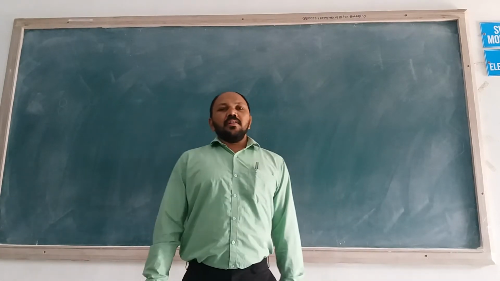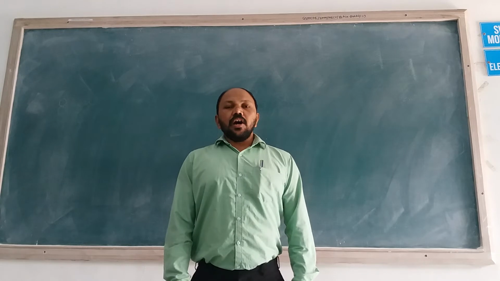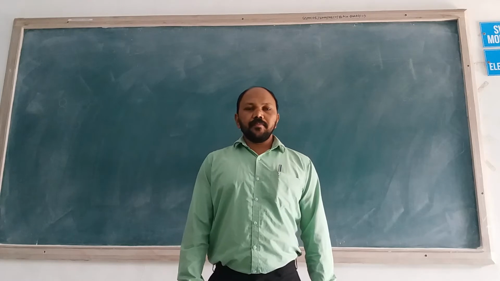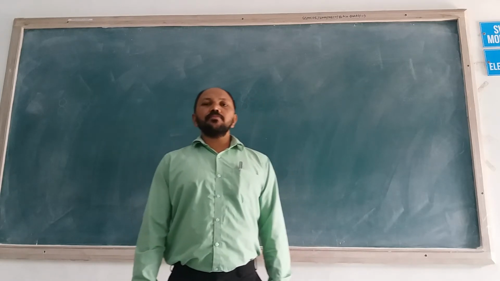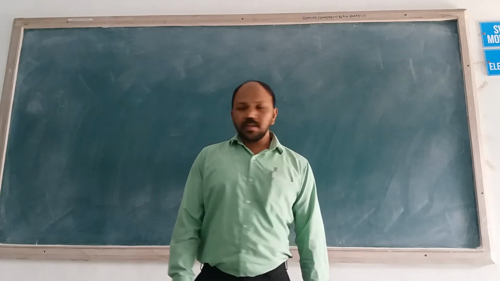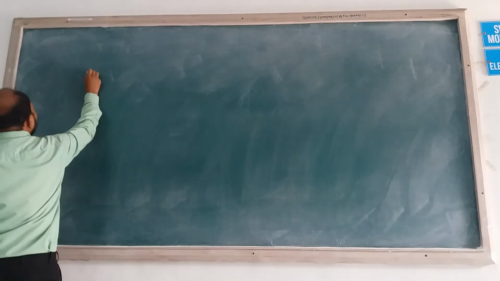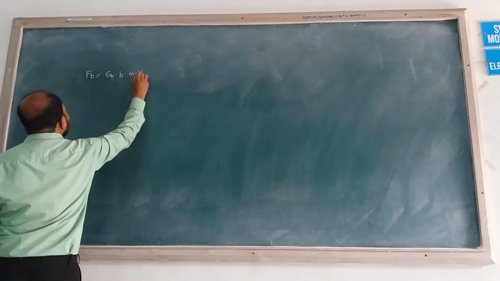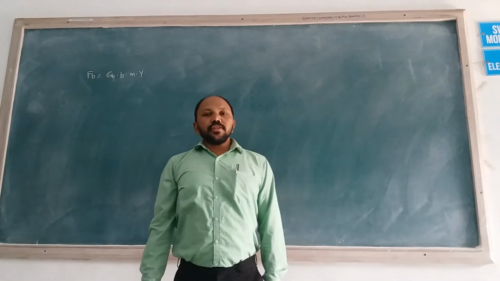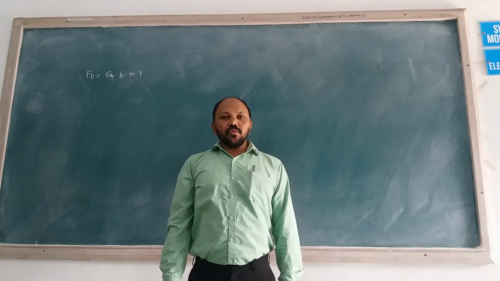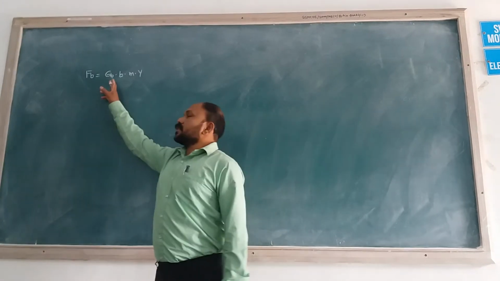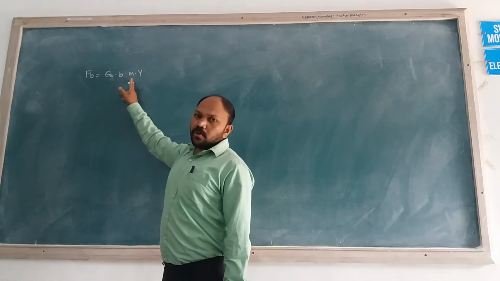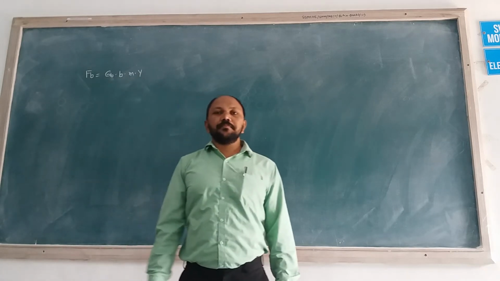Hello students. So today we will see how to check the gear design in case of bending. We already discussed the beam strength equation. What is that equation? Beam strength equation is Fb is equal to sigma b into b into m into Y, where sigma b is bending stress, b is face width of the gear tooth, m is module, Y is Lewis form factor.